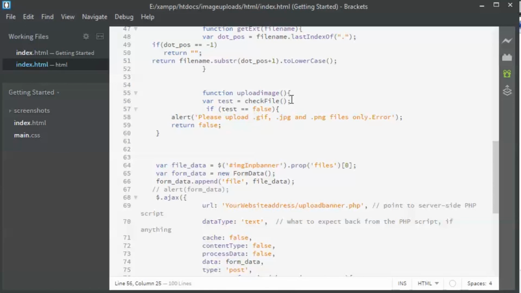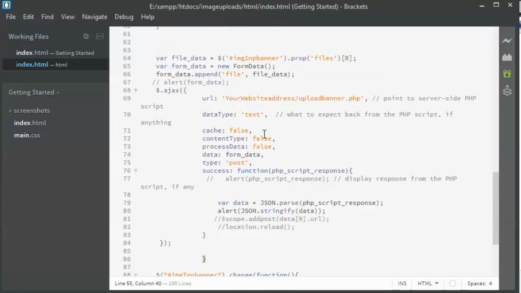So here we have our upload image code. Over here you will have to type in the location for the image upload, banner.php. I'll show you how to create this upload banner PHP file right now. It is going to be an easy process.